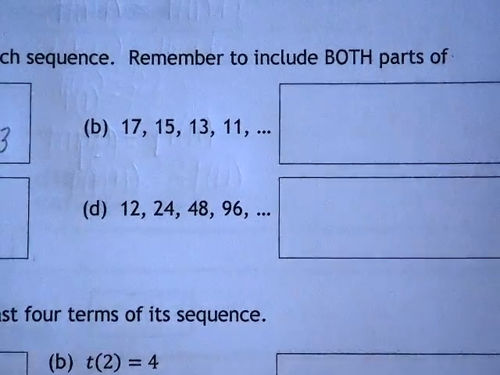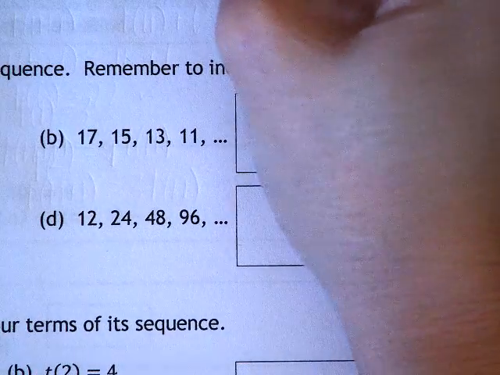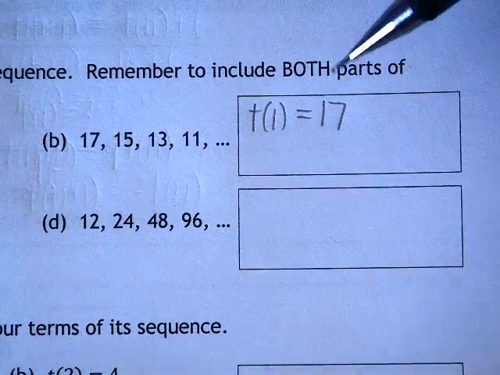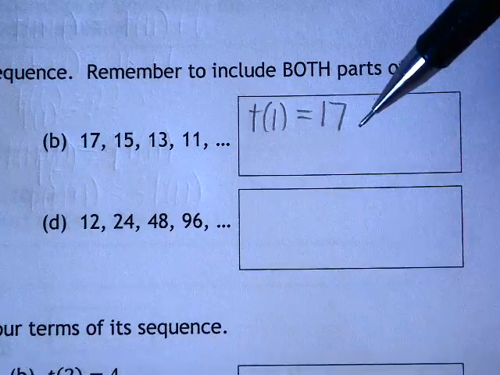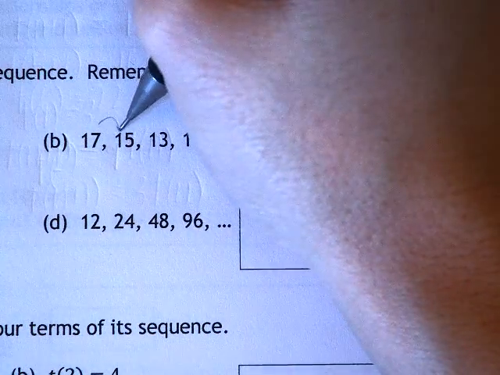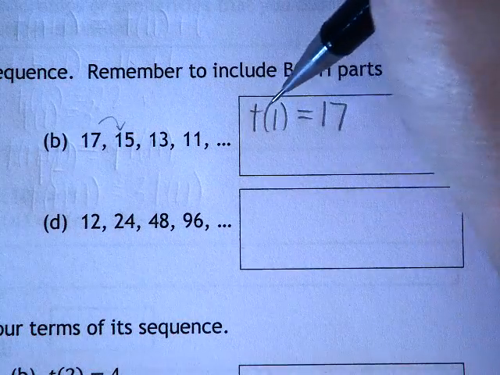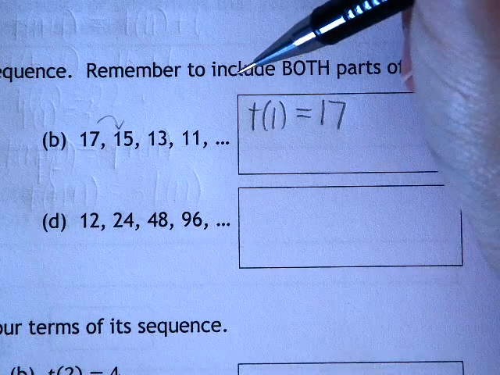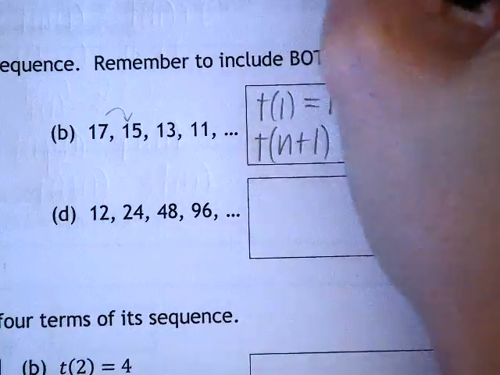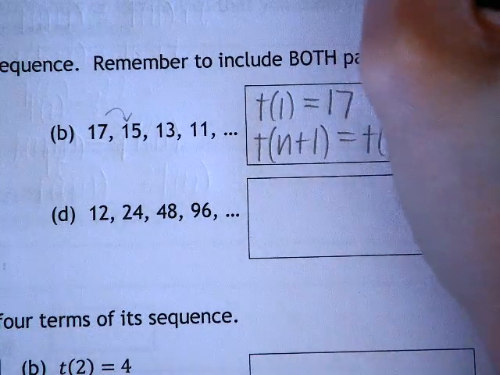In letter B, again, keep it simple and try to define yourself a starting term. Again, they gave me that the first term is 17, so I'm just going to use the path of least resistance, so to speak. I'm just going to use what they gave me. First term, 17. Done. I can tell that the pattern after 17 is to subtract 2 each time, so that subtracting 2 is going to be the main part of my recursive equation itself, the t of n plus 1 equation. So t of n plus 1 equals, the next term is the current term, t of n,